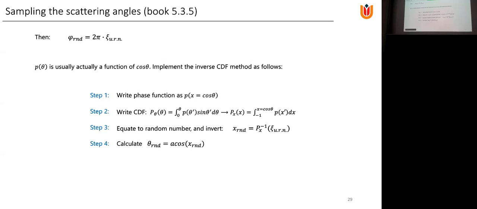Okay, and then the recipe for theta is as follows. You can make it a little bit easier because we're not going to calculate random values for theta. We're going to calculate random values for cosine theta. So let's make a substitution. x is cosine theta, and rewrite the phase function as a function of this x. So for the Rayleigh phase function,